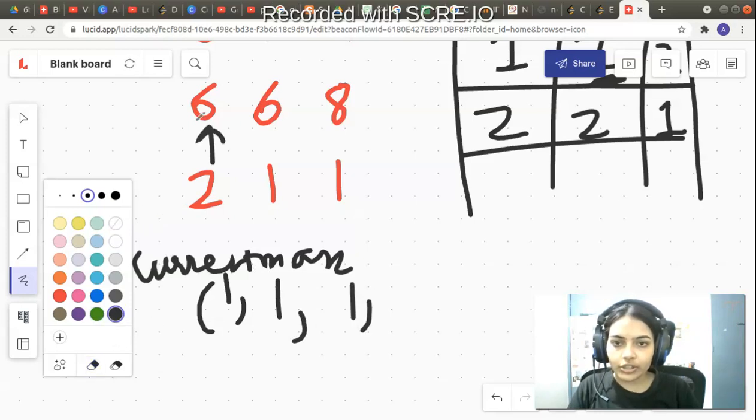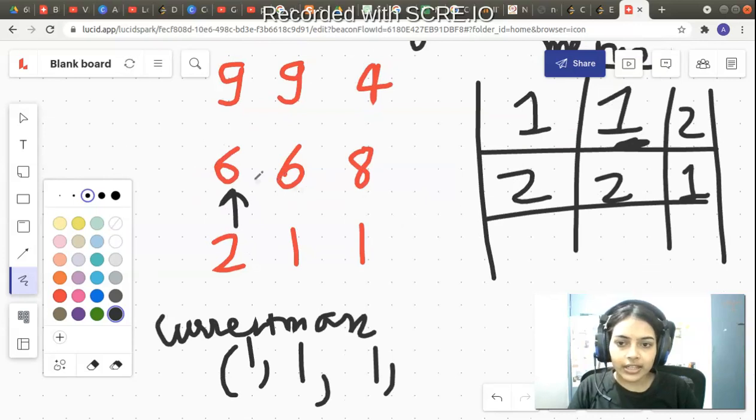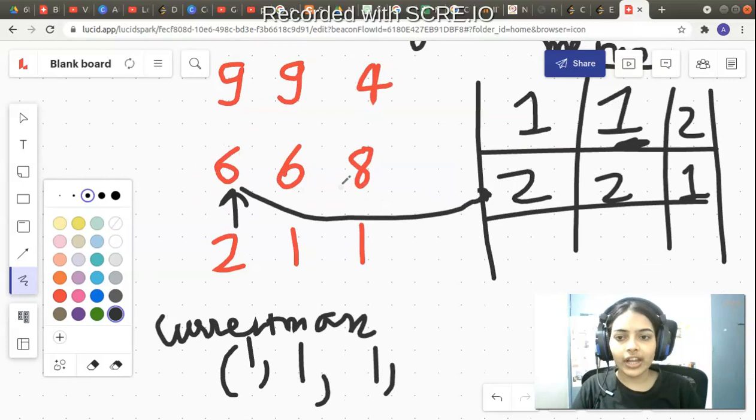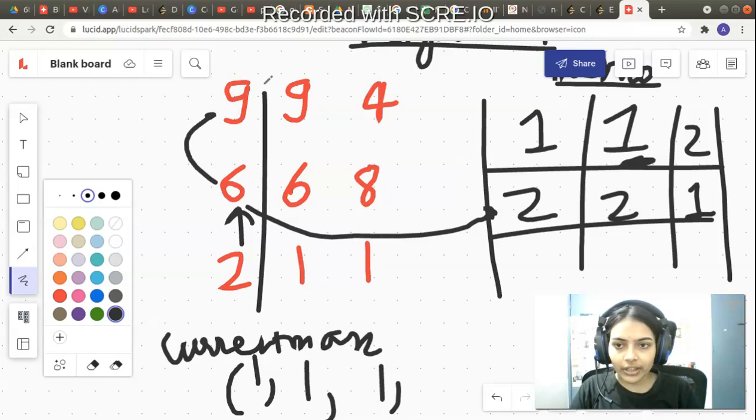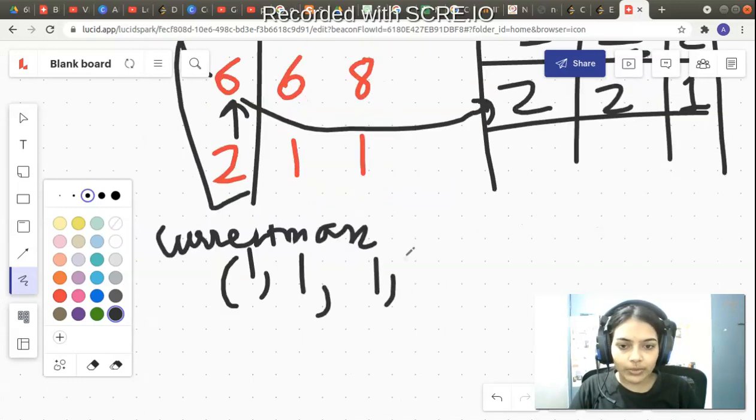Now it will make a call to its top neighbor. Its top neighbor is 6. 6 is already having a value from the memoization matrix, which is 2. So already we have got the value that 6 is forming an increasing sequence of length 2. It was forming an increasing sequence with the help of 9. So 2, 6 and 9 will form an increasing sequence. You can see it is of length 3. So its top neighbor will return back 2. 2 plus 1 is equal to 3.